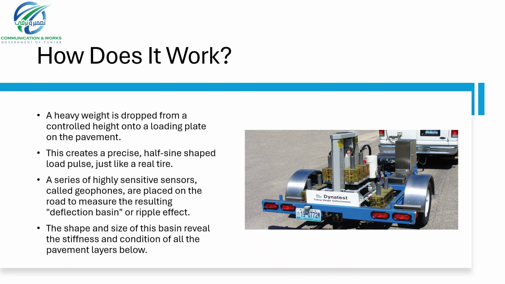The operating principle of the FFWD is based on a transient impulse load and response measurement. First, a predetermined mass is raised to a specific height and dropped onto a series of rubber buffers. This action generates a load pulse that is transmitted to the pavement surface through a steel loading plate. The resulting impact is essentially a half-sine-shaped load of 25 to 30 milliseconds in duration, which closely approximates the effect of a moving wheel load. This impact induces a transient vertical displacement on the pavement surface, forming what is known as